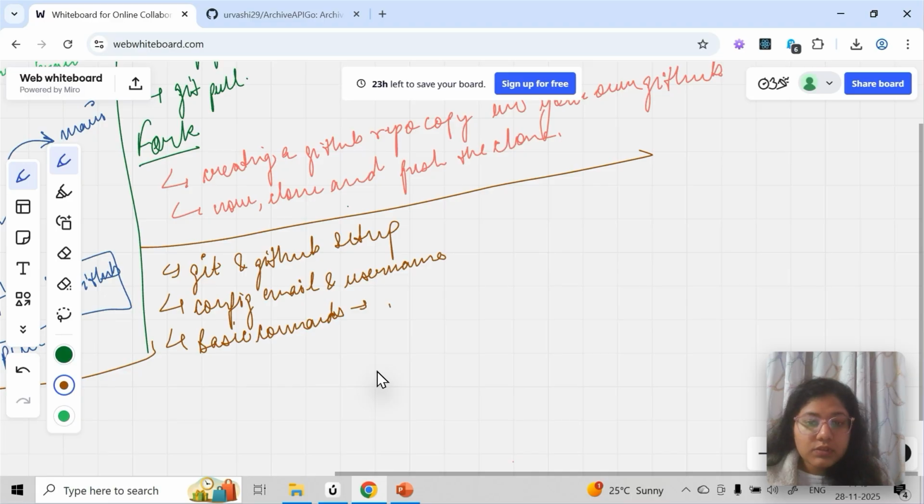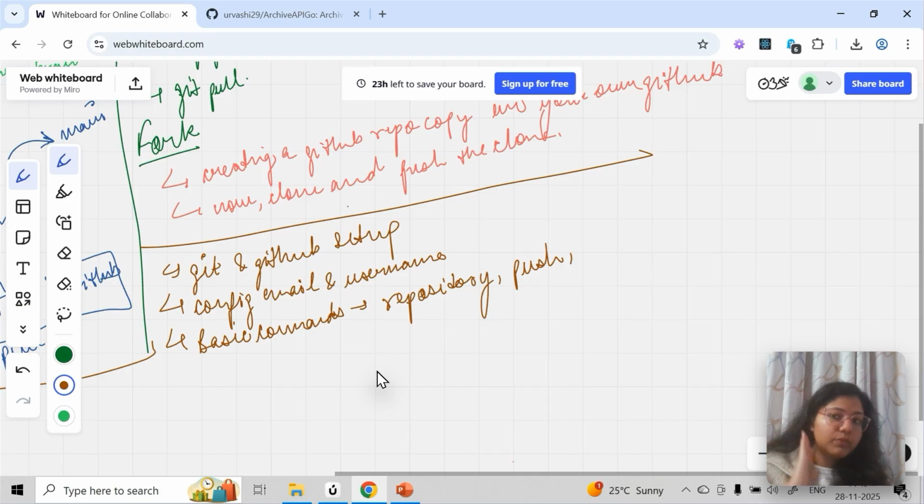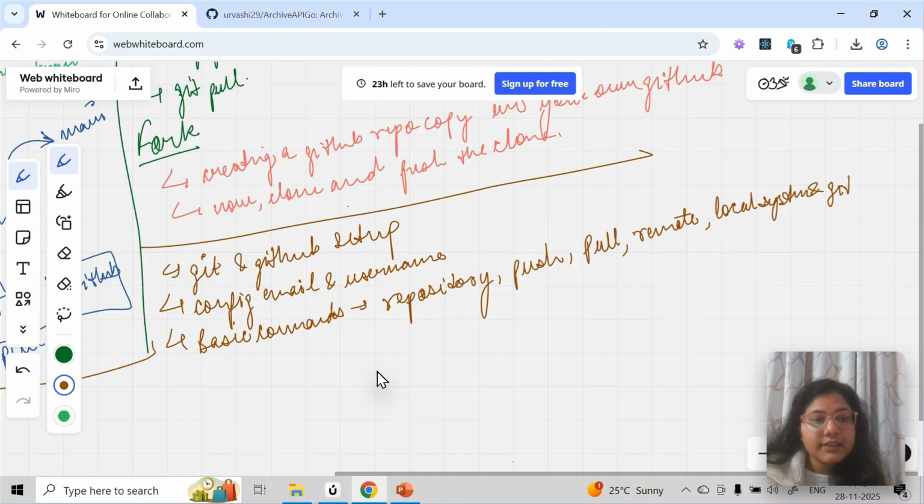So we should know what is a repository. Basic, we did add, git commit, right? All those I have noted in the previous document, so you can see there. So repository, push, pull, clone, fork. Or let's see basic first. Pull, then after this, remote add. What is happening in the local system, what is happening in GitHub. That clarity has to be there.